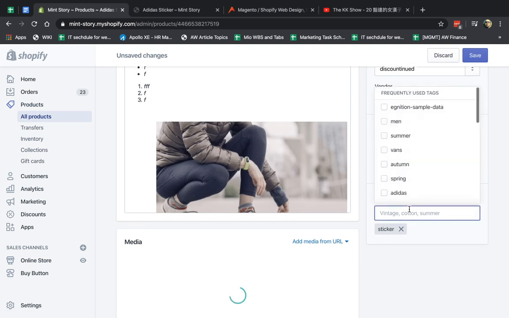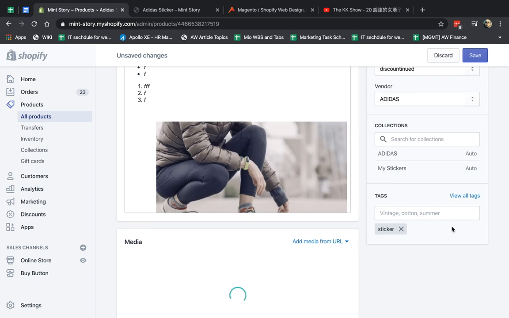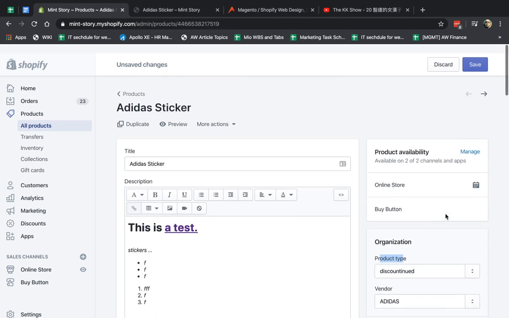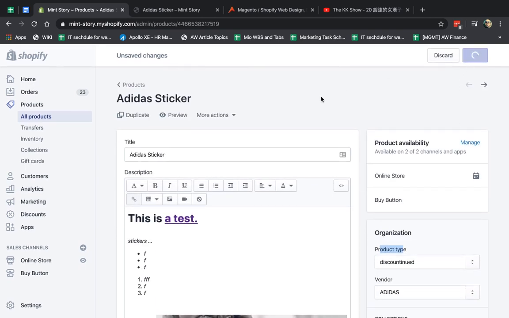And then last one are tags. This is another way to organize the products into a common section. The difference between the product types is types are more like big groups, and tags are small identifications that one product can belong to multiple tags, whereas a product can only belong to one product type. There's different ways to organize your site. If you have any questions about what's the best way to organize things, comment in the YouTube video, and I'll be happy to answer any questions you have. Okay? Once you finish, you can save, and that's it.